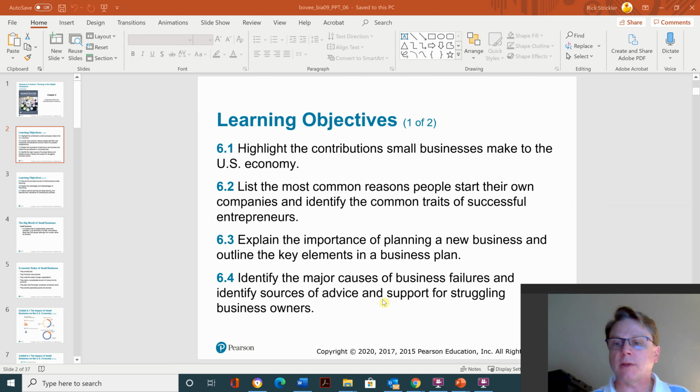One of the major causes of business failures is unforeseen risks. This year, with COVID-19, you've seen a lot of businesses close for good. The largest one here in Ada that I'm aware of is Cotton Patch. They are not going to reopen. We're not through the crisis yet, and it may be just the beginning of other businesses closing. We don't know, but that is the huge factor when it comes to business failures: the unforeseen risks that are involved.